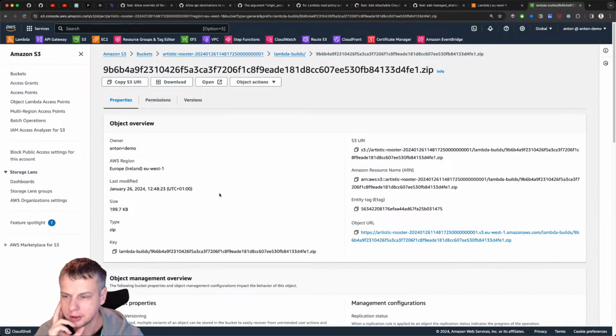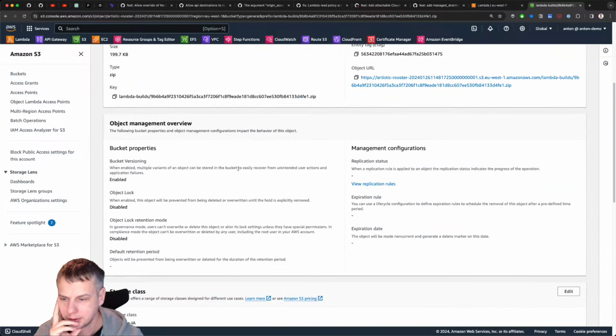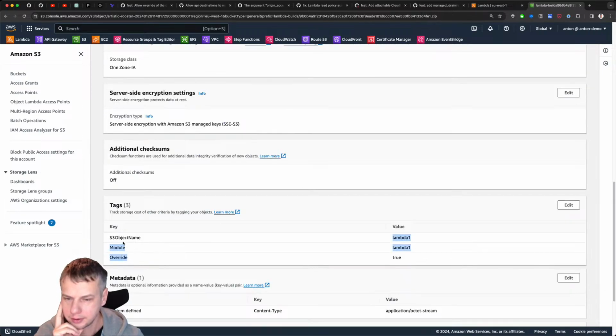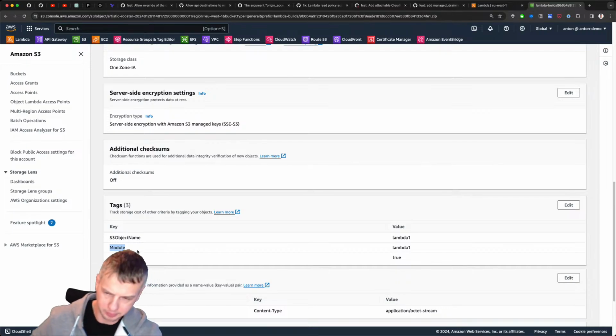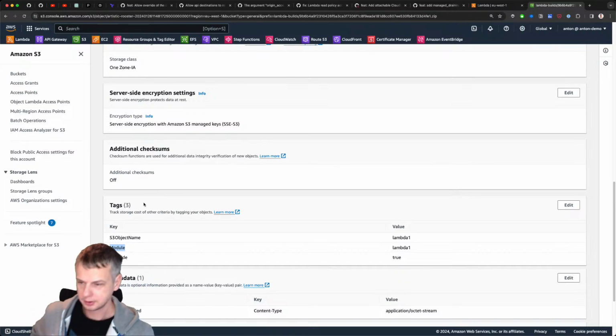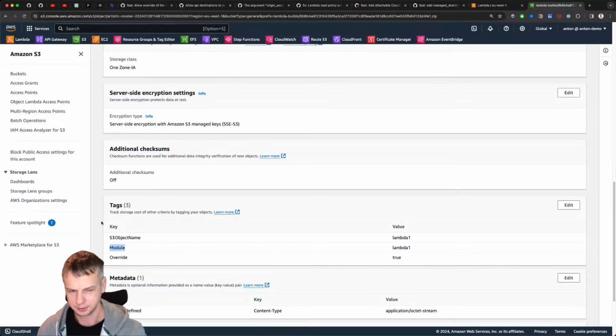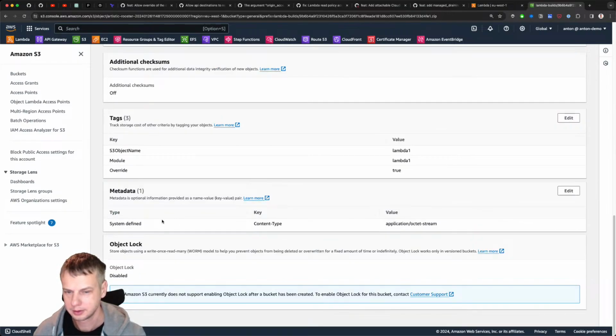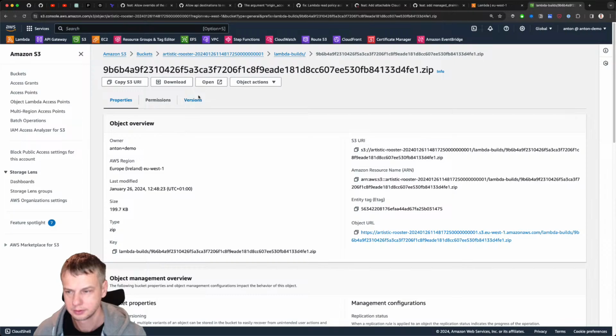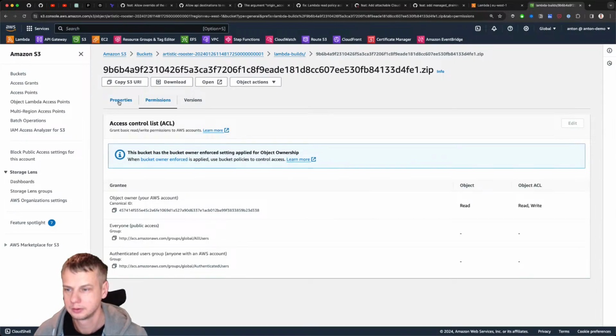This is my object, and where is my tag? And here is the tag. Amazing. Why is there a module? Right, of course. Yeah, there is a module because that's expected. I guess this was the tag. Okay, that was it. Sounds very simple.